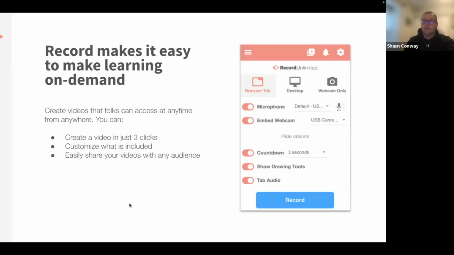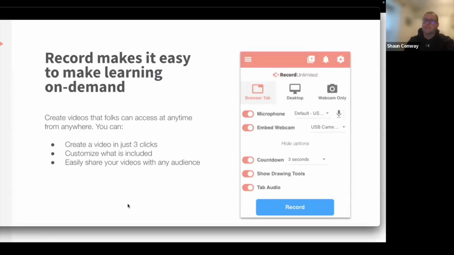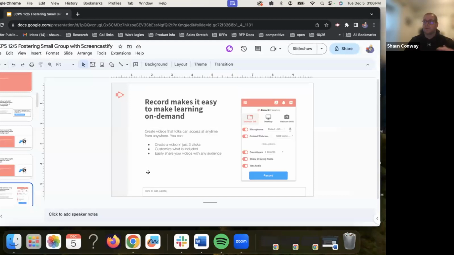But how do we actually use the tool? And I think that that's something that when we use Screencastify with the amount of people, 20 plus that we have on this meeting today, some of you are going to feel super comfortable and confident with Screencastify. Others, maybe not as much. Maybe you've only made a couple videos. Maybe you never made any. Or it's been a few years and you're kind of reacclimating yourself to the tool. And there's going to be people in between.